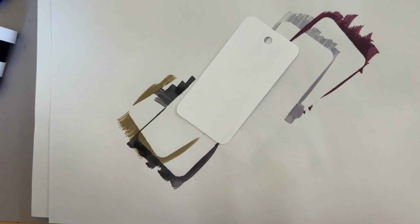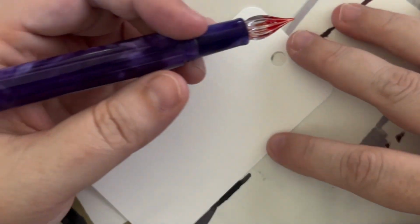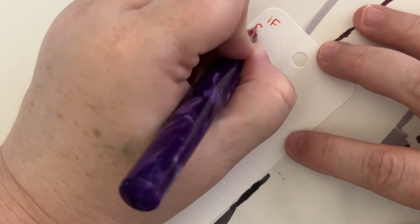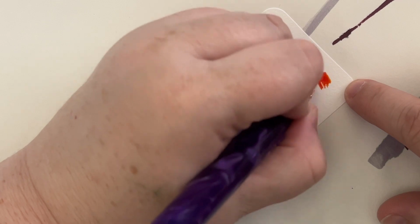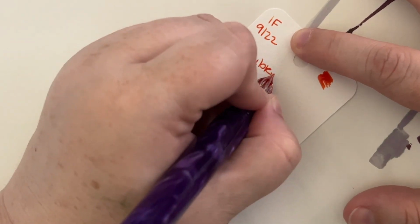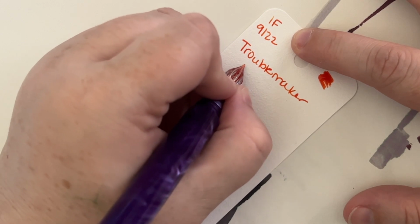It's the way Sugary Ink does their Troublemaker ink sales. I pretty much try to sign up for literally anything that I can, because I'd rather have the option to say no than miss out. So even if it's an ink that I'm not really sure about, I've signed up for it, unless it's one that I've already had. Troublemaker